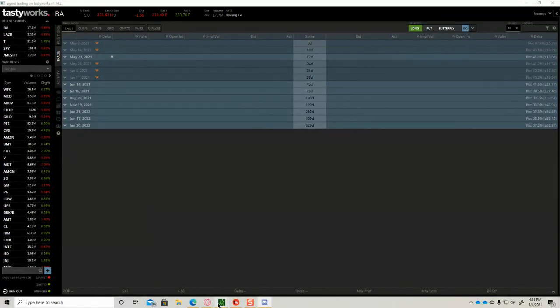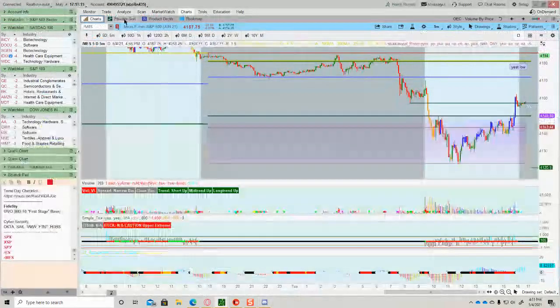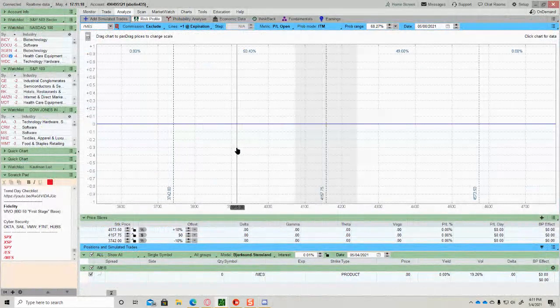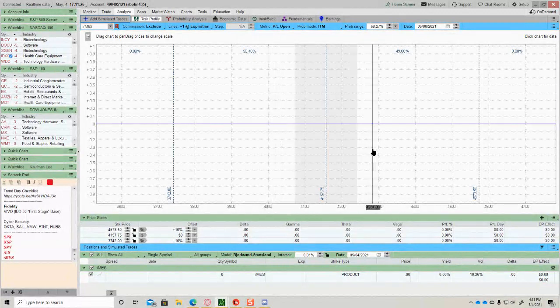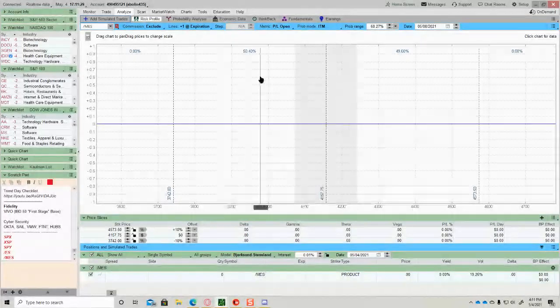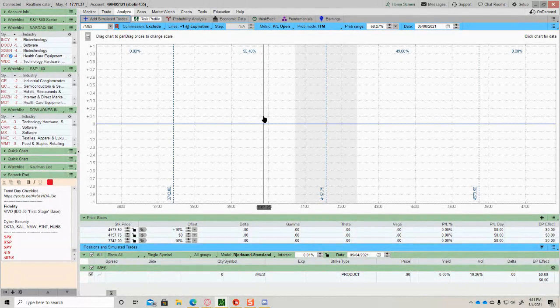Now, I've done 2 videos on using this Analyze tab, and it is worth watching as many videos on this thing as you can. TD Ameritrade, I think they've got 3 or 4 really good videos on how to use this thing, and I did 2 videos. One's on the Bullish Bears Next Level Library, and the other one is on the Bullish Bears free YouTube page. When you can stick a trade in here and analyze it and understand what's going to happen in the future, that helps out a lot,